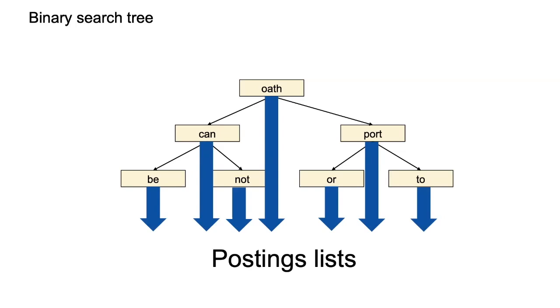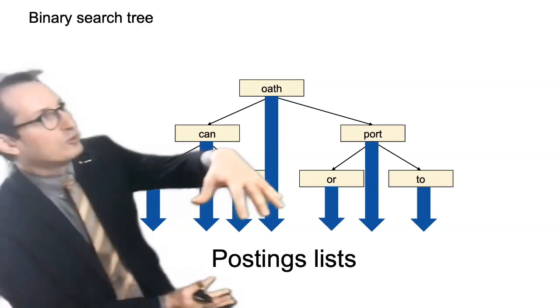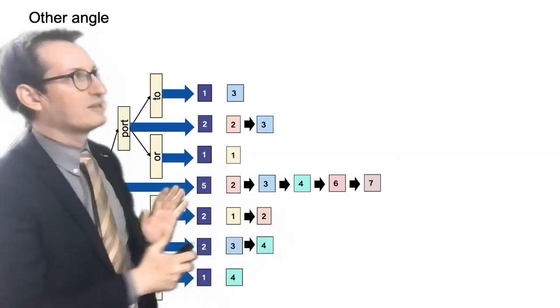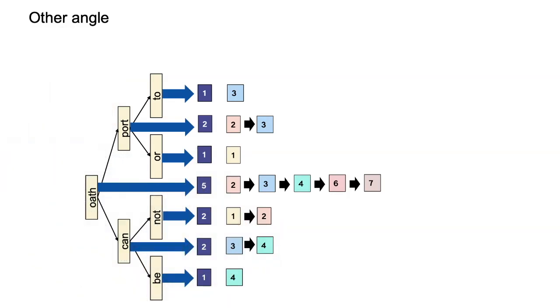Now, what we do is we connect each one of these terms with the corresponding postings list, right? So "oath" is going to point to the list of document IDs corresponding to that term, "can" as well, and so on. So now let me rotate the thing by 90 degrees like this. And now you should have an aha moment, right? This is where it connects, right? We now have the standard inverted index, but now we have this tree that organizes the